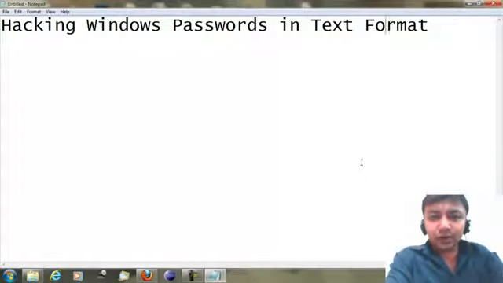The discussion we are going to do today will crack the password from all the Windows operating systems, right from Windows XP, Windows 98 to Vista, Windows 7, Windows 8, Windows Server 2008, Windows 2003 Server, and a lot more Windows versions. So let's have a look at what we need to exploit our system.